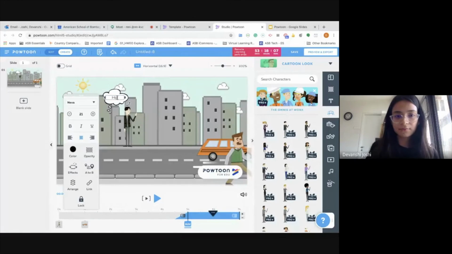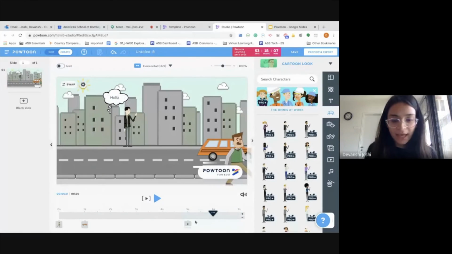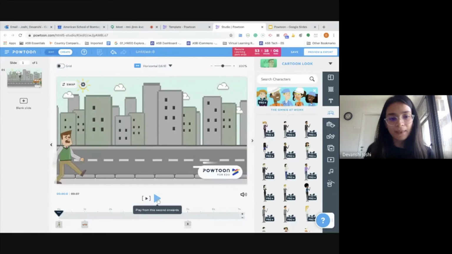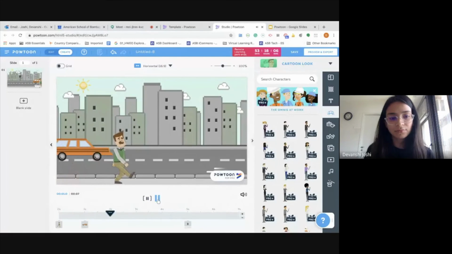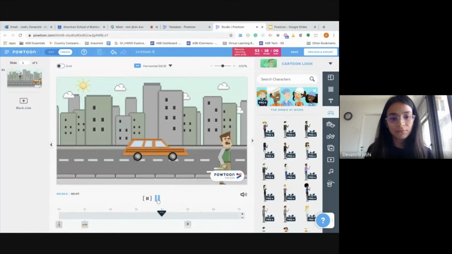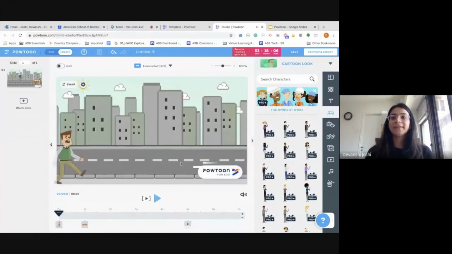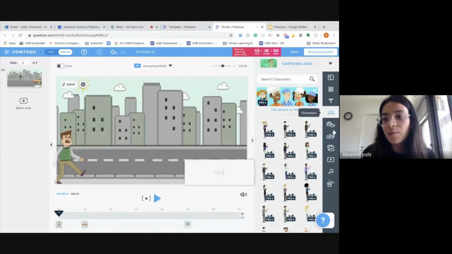Right. Now again, you want to select where you want the text bubble to appear, right? If I play this from the beginning, yeah. So I think those are most of the features.